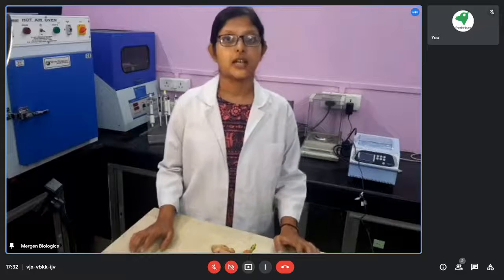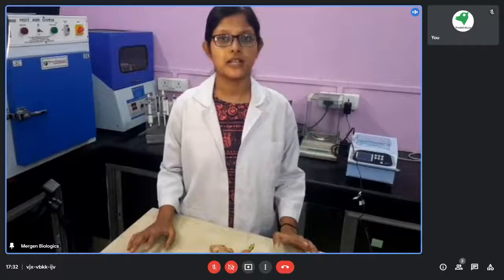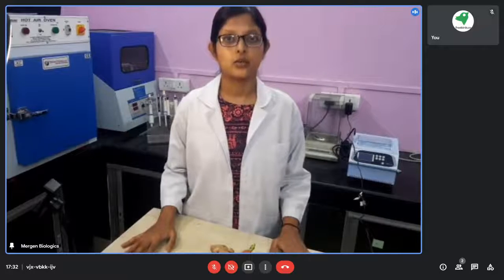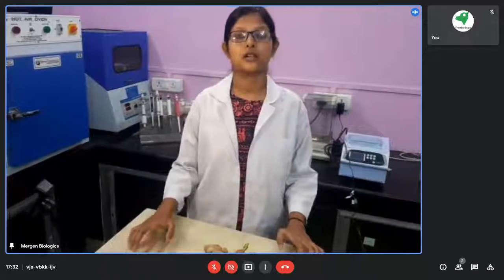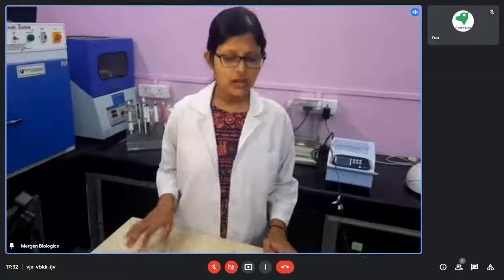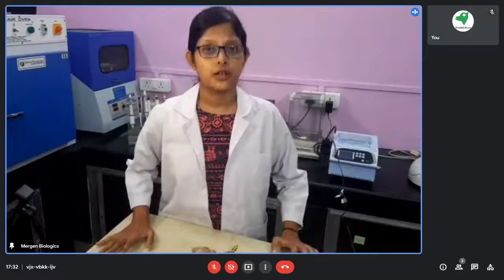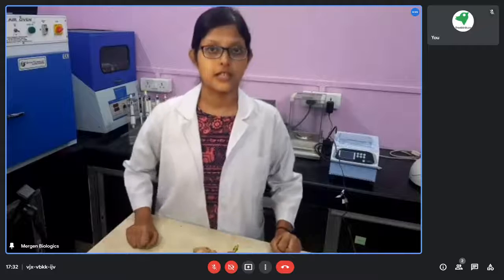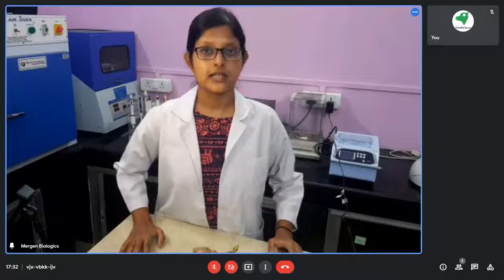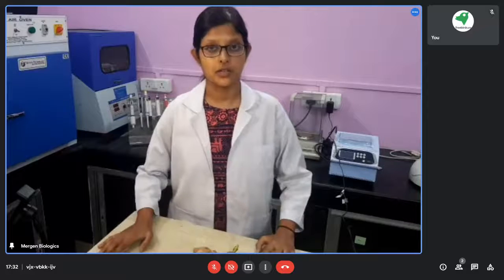But first, I have to say that this is not a laboratory protocol to determine the amount of starch present in any item. This is just an activity to gain knowledge and to give all of us a very basic idea of what starch is and which food items we use daily have the most starch in them. Starch is present in almost every vegetable or fruit we have in our daily life, but the amount is variable.